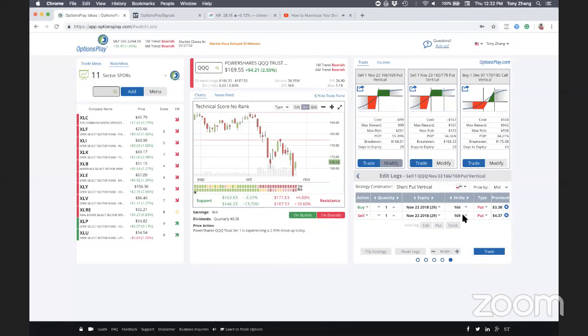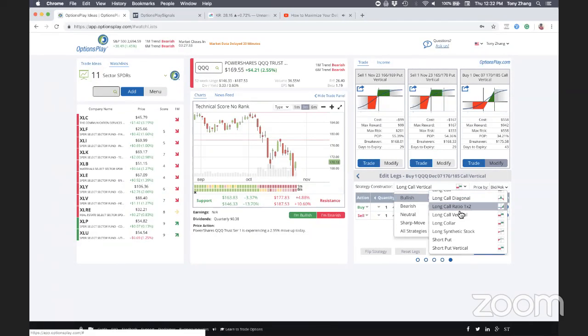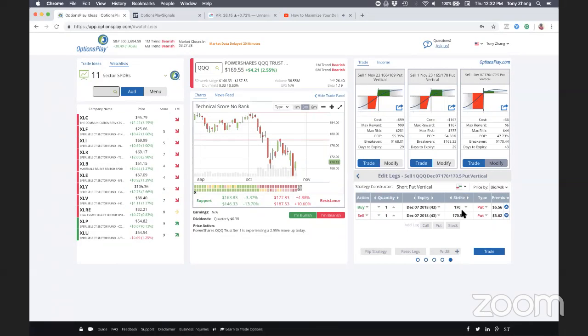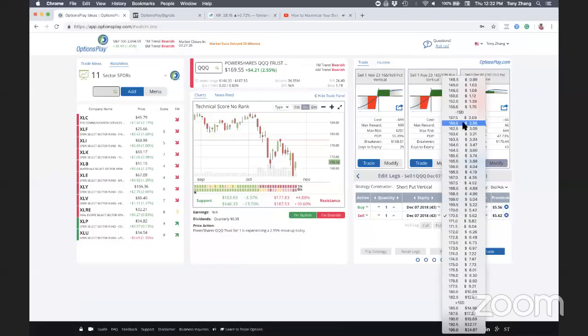In this particular case, from a risk to reward metric, you're going to see lots of different strikes that are going to be able to give you this 2-to-1 risk to reward ratio. And it all depends on how wide you want to trade, meaning how much risk you want to take for that reward. So here I have a $3 wide spread, a $5 wide spread, and maybe I'll take a look at a larger spread. Let's say a $10 wide spread. Let's say I do 170, 160.